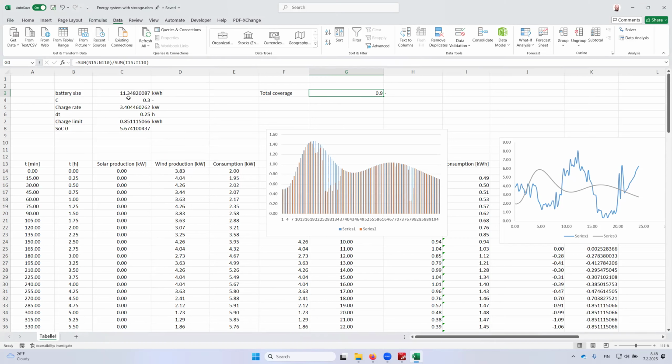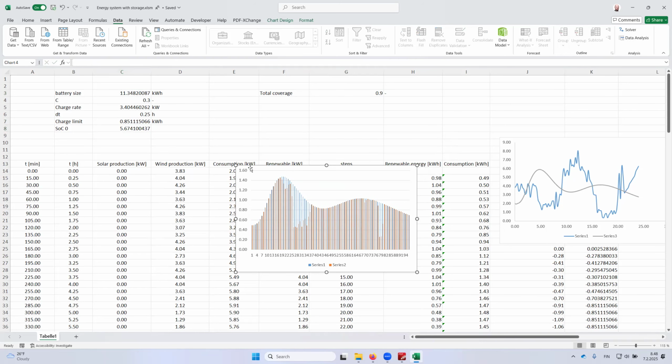And the battery size is going to be 11.3 and so forth. Total coverage is 90%, and we gave it some initial values like the C, so how much charging rate is compared to the battery size, kilowatt hours and kilowatts, and we had initial charge of half full with the battery. So there you have the first